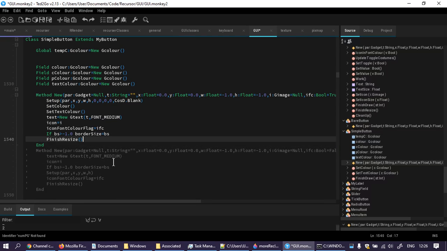Icon font color, text, set color and colors doing almost nothing. And this, look at it, it's doing exactly the same. And parent is par. Par, everything the same. Like, what